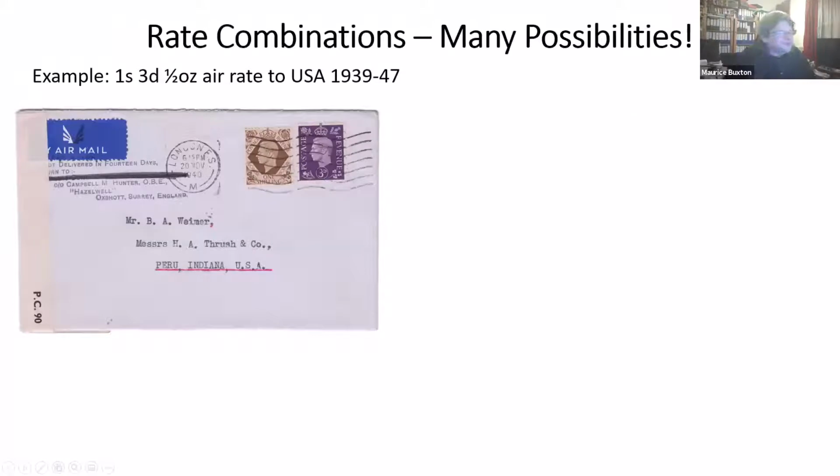I won't do too much on this, but one obvious way if you're doing usages is to collect as many different combinations for a particular rate as you find. You do get into what's known as the combinatorial explosion, mathematically speaking. There's only a few different combinations for low rates, but when you get up to something like 1 shilling and threepence, well, it depends what you include and whether you include stamps from different issues on the same cover, how you calculate it. There's at least 1,000 different possibilities on that, and if you calculate the unlikely combinations of stamps from different eras, it can get even more. That's what looks like the basic, obvious way to do it, which is a shilling and a threepenny stamp, because they never at the time issued a shilling and threepence stamp. But there are lots of possibilities, as I say,